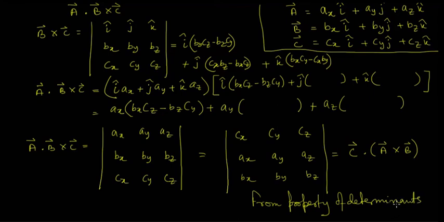You can also interchange rows cyclically. You can also interchange columns. In this case, we have cyclically changed this. We have placed it here, and this comes down. So this is a cyclic operation, cyclic rotation of rows. So this is done from the property of determinants. So there is no change in the sign.